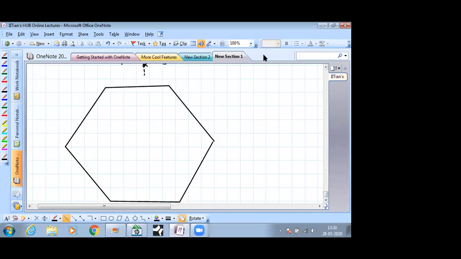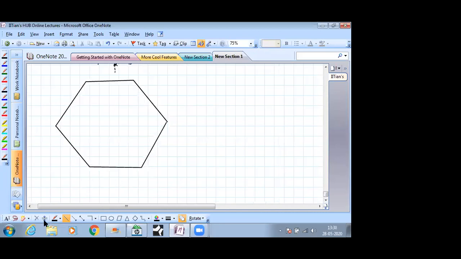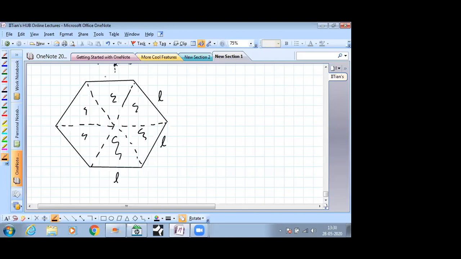A regular hexagon has this property that, I've not drawn it very accurately, but it's a combination of 6 equilateral triangles. They're all equilateral triangles. So these side lengths are L. Then each of these are also L. Okay. So then what happens is, in terms of angles,